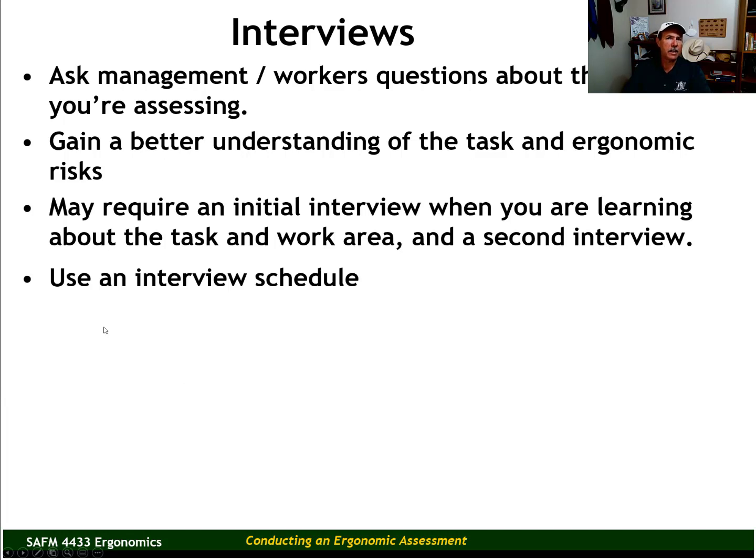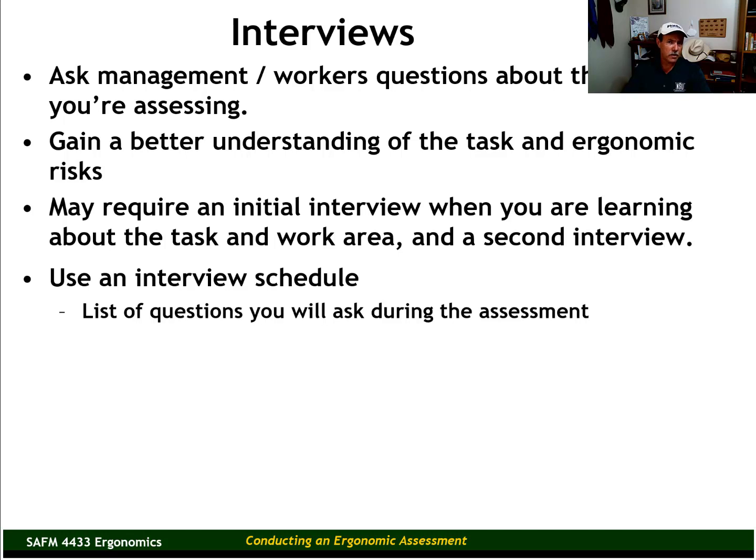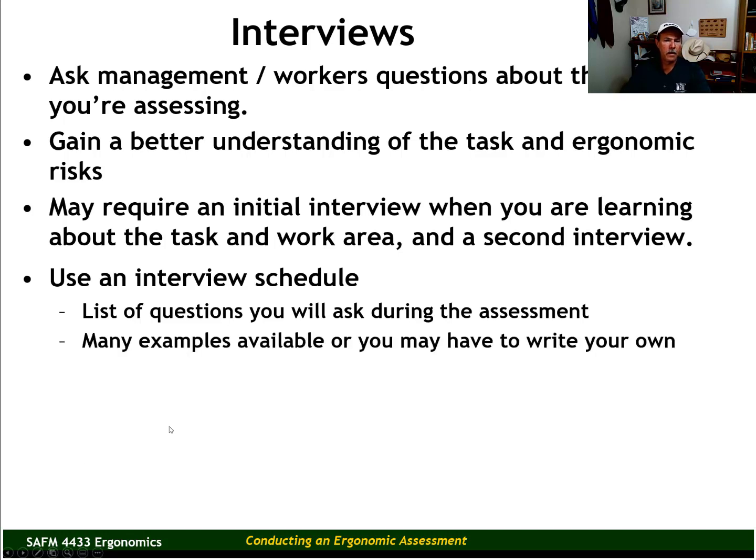I recommend using an interview schedule. An interview schedule is just a list of questions that you will ask during the assessment. I'll give you an example on the next slide. And there are already many examples that exist that have been created by other safety managers. And that's okay if you want to use other interview schedules created by other safety professionals, but you'll probably need to